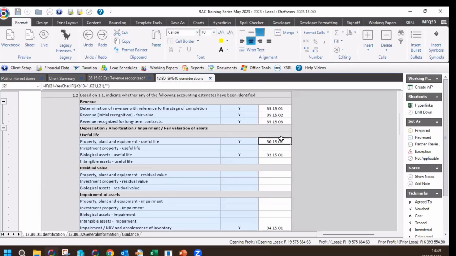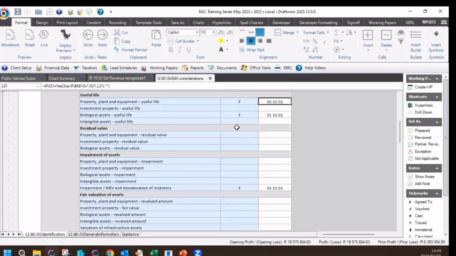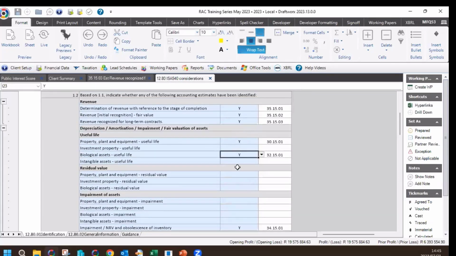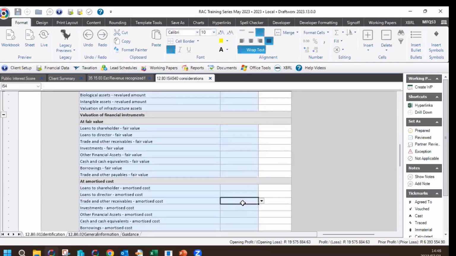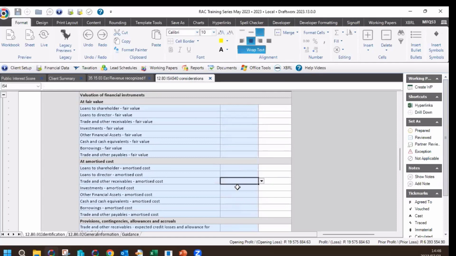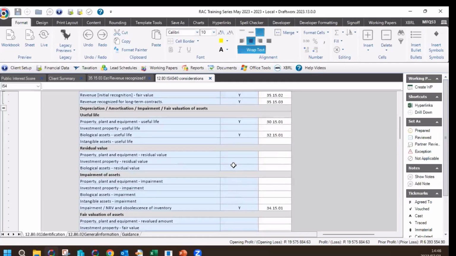And then I'll know when I populate, it's going to create that working paper and I'll be able to go and open that working paper and document information. So I've just at random chosen a few for today's demonstration. We do need to go and carefully consider each and every one of these, folks. When you're looking at estimates, go through them, consider, is management doing some sort